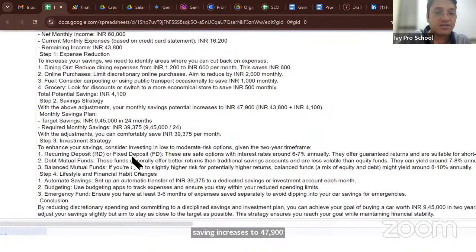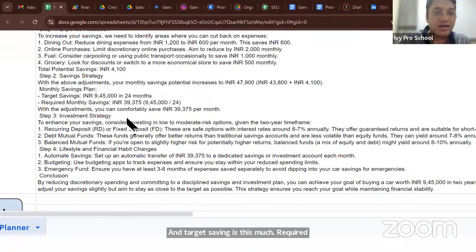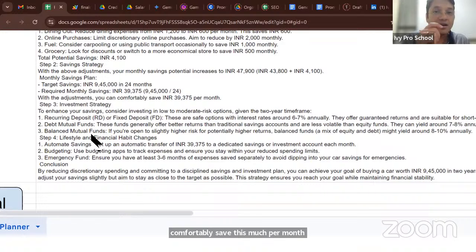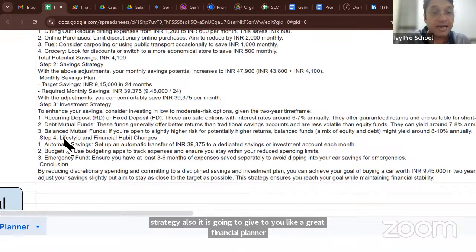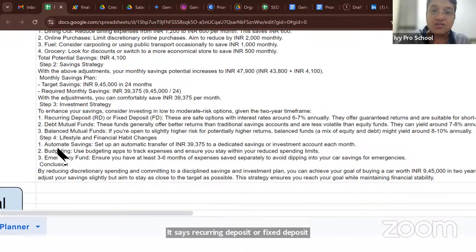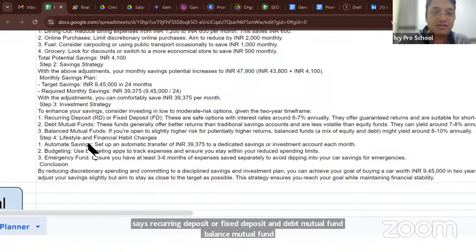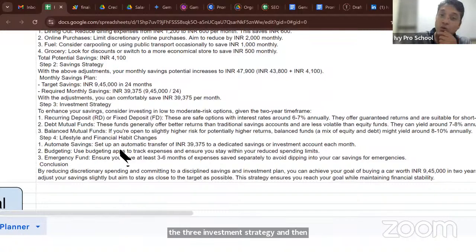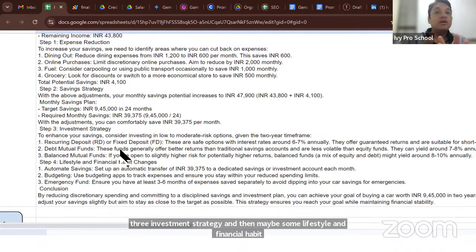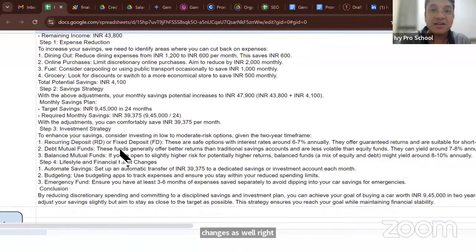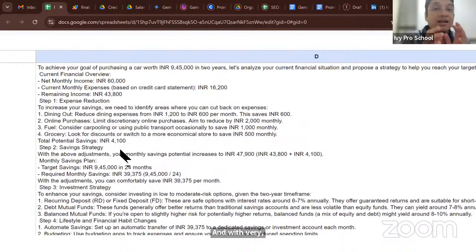Required monthly saving is this much divided by 24. With this, you can comfortably save this much per month. And it also gives you an investment strategy like a great financial planner. It says recurring deposit or fixed deposit, debt mutual fund, balanced mutual fund, the 3 investment strategies, and then maybe some lifestyle and financial habit changes as well. It has actually done a much better job than many financial planners that I know of, and that too very quickly. That is the power of using an LLM from within Google Sheet,